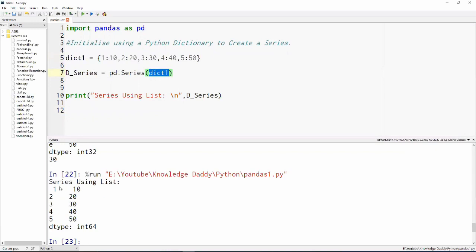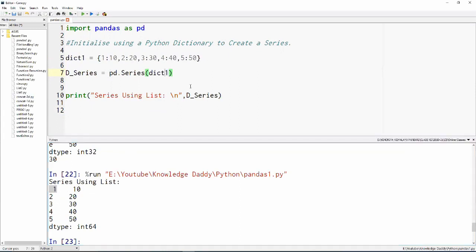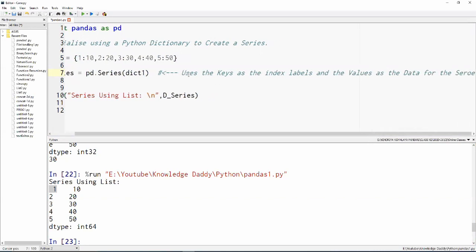The series starts with 1 because, when creating a series using a dictionary, it very simply uses the keys as the index values or index labels and the values as the data for the series.